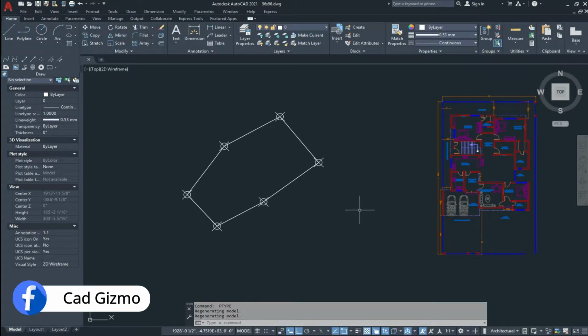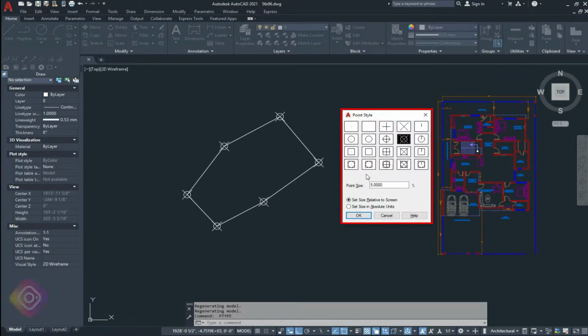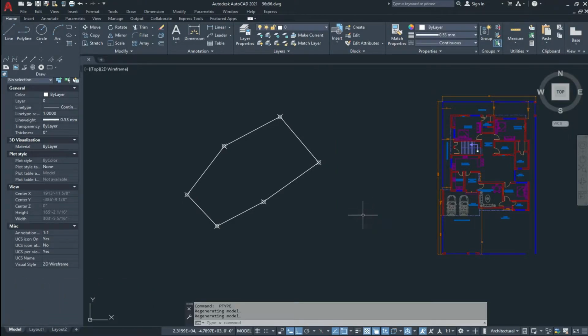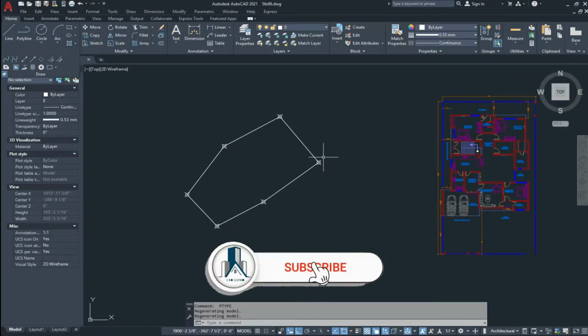In this way you can change the point style, and also the point size. If I give 2.5 and OK, the point style will change and the point size also changes. So in this way you can change the point size and the point scale.